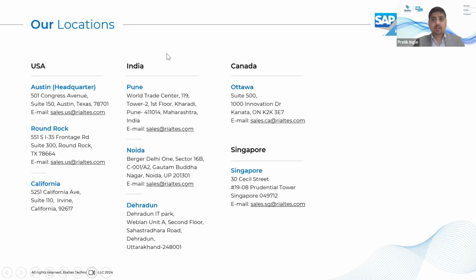We have a question coming in: how will CIG differ in Ariba integration with S/4HANA Public Cloud? Okay, so when we are working on S4 HANA Public Cloud, we will use the CPI integration.